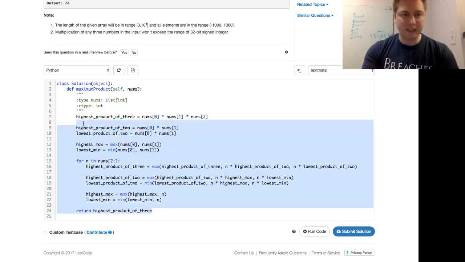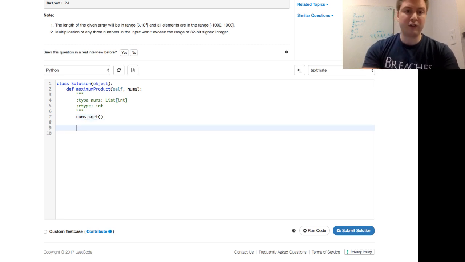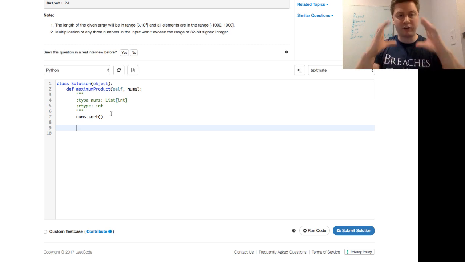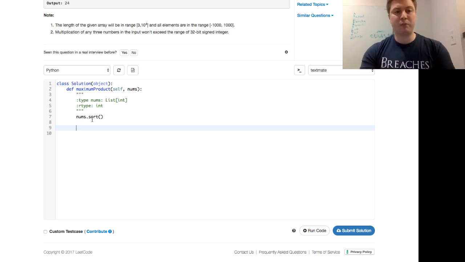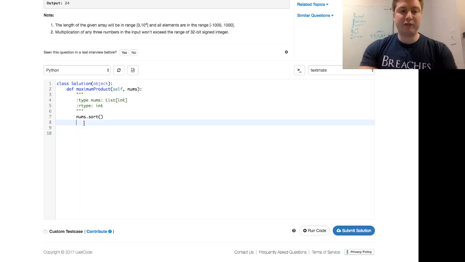So if we go ahead and delete that, and actually sort this, which is n log n. So we destructively sort. When you do nums.sort and call it like that, nums becomes itself sorted by default from lowest to smallest. Then all we have to do is return those things that we talked about. So you just have to return